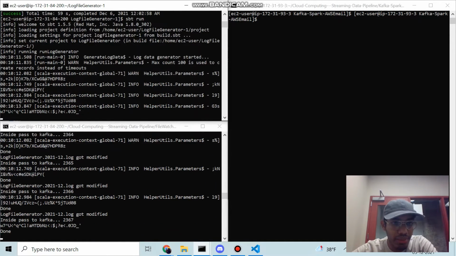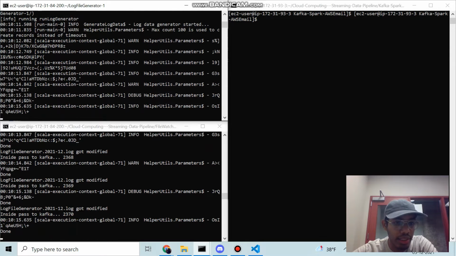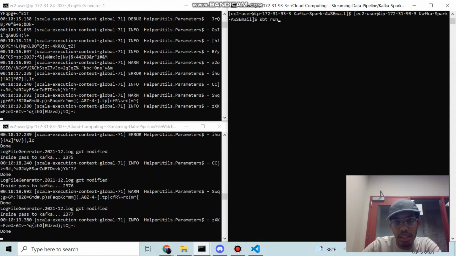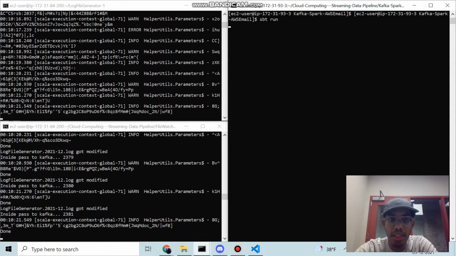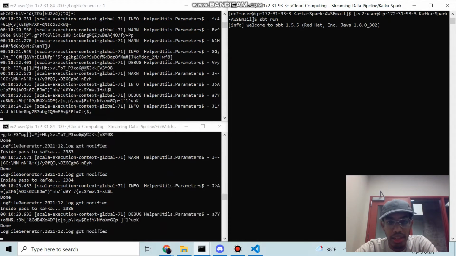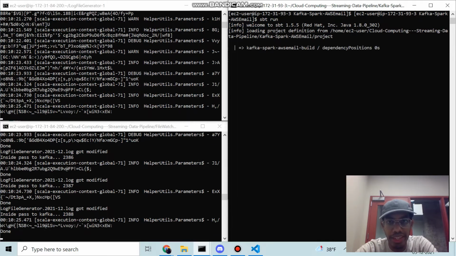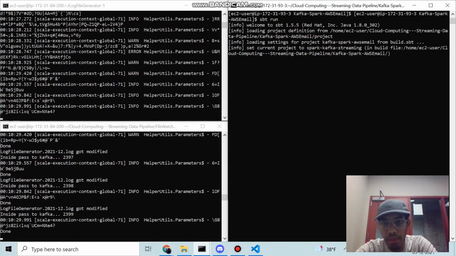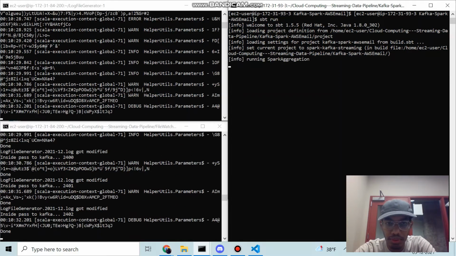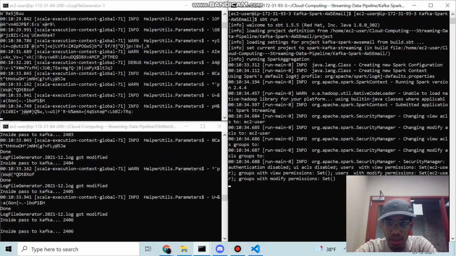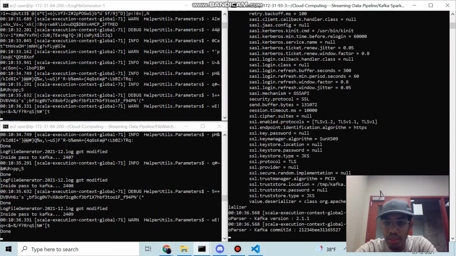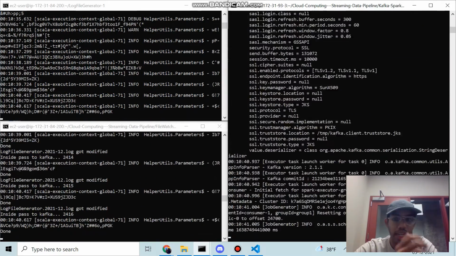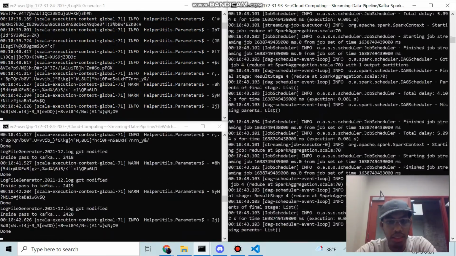So the log files have started generating, and the file watcher is detecting it and sending it to the Kafka stream. Now we run our Spark program. The Spark program tries to connect to the Kafka stream. We have specified the broker addresses in the configuration. The Spark program has started running, and as you can see, it has started aggregating the content that we receive